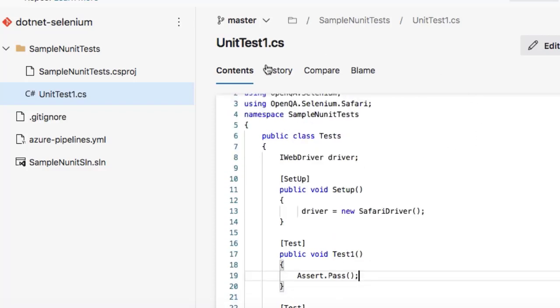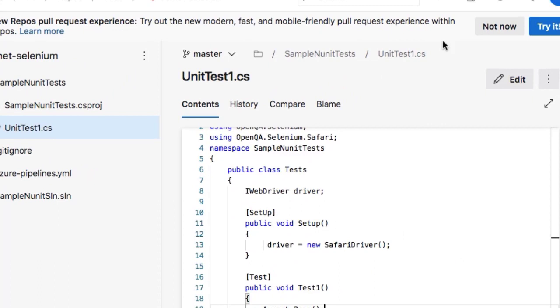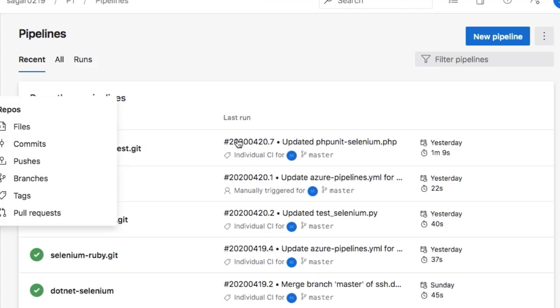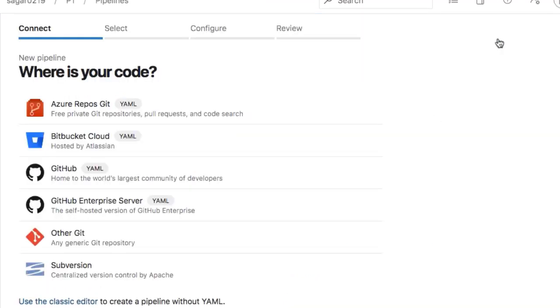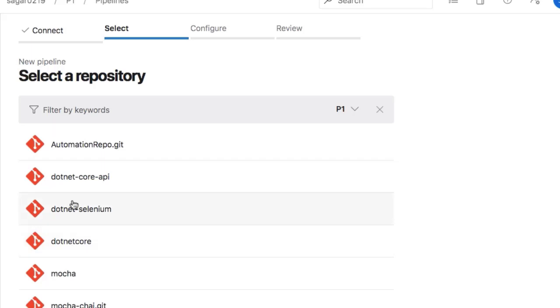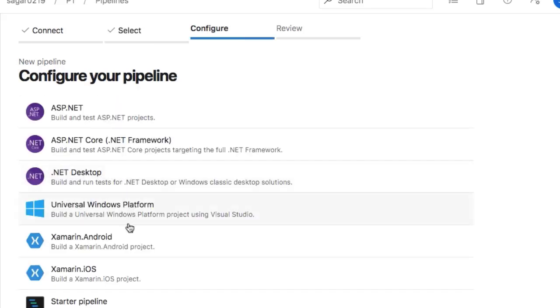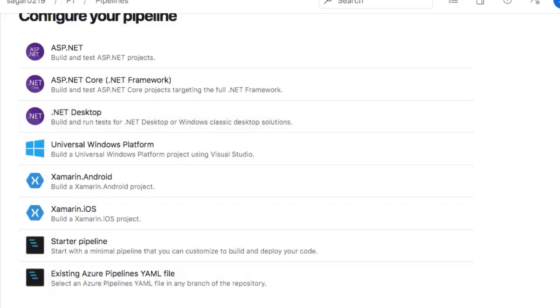When you push this repository onto Azure DevOps for the first time, you will see a setup build button. Right now it is not being shown because I have already set up the build for this particular repository. But no problem, we can go to pipelines and create a new pipeline by clicking on the new pipeline button. Then select the repository. After that, you have to select your pipeline, like the task. Here it is saying ASP.NET, ASP.NET Core, then .NET Desktop. I'm not interested in any of that because I'm interested in the .NET Core testing task. So let us see show more,